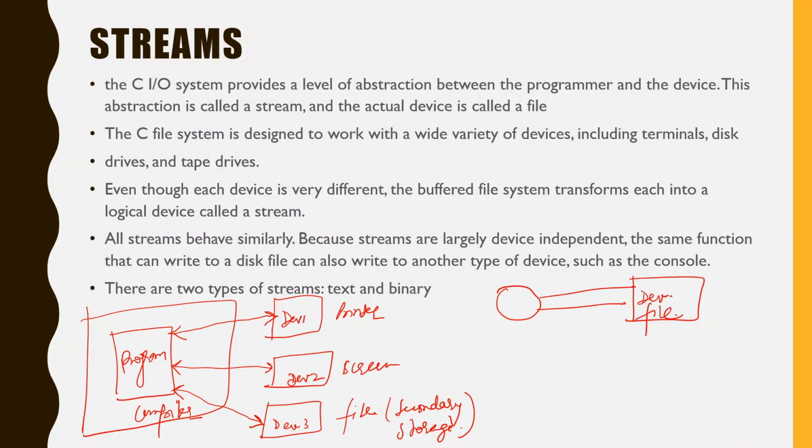Suppose the device is the file. Any data that is to be transferred from the program to the file will be transferred with the help of this stream. And if data is to be taken from the file to the program, it is also going to be taken through this stream. So this stream is bidirectional, and it is created every time a communication with the file is to be established. These are some features of the stream. These are textbook lines of the Complete Reference C programming book, and they can be used as the formal definition of the stream. The concept I have explained to you.